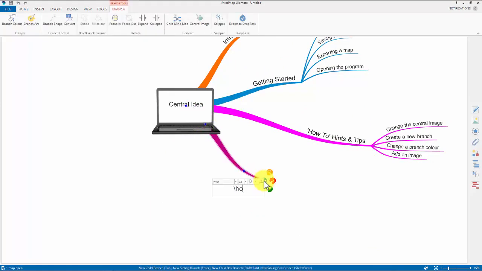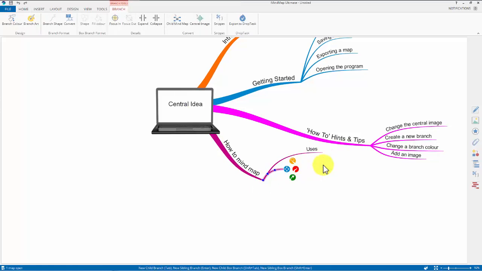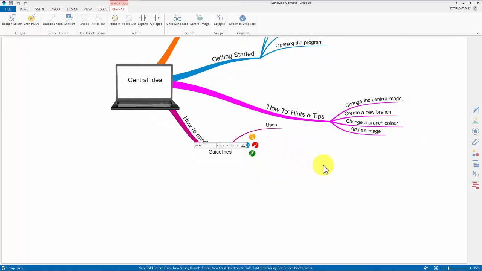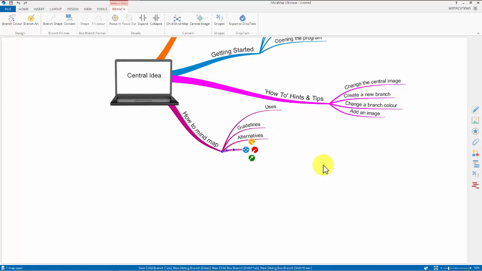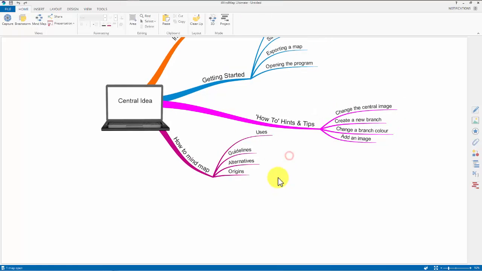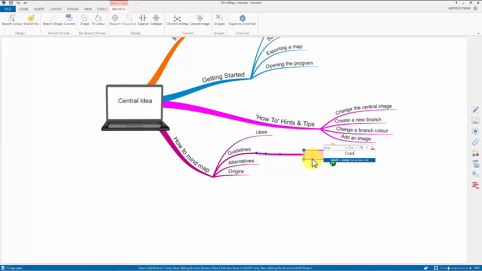So what about some how-to-mind-map videos? I'll get there. So it could be the uses of mind maps, guidelines on how to make interesting maps, alternatives to mind maps, because there are, of course, and it might be interesting to compare them, and why not the origins of mind mapping, if there are such things. Nice to add pictures to mind maps. So what about, well, guidelines, for example. I might want to do things about branches,